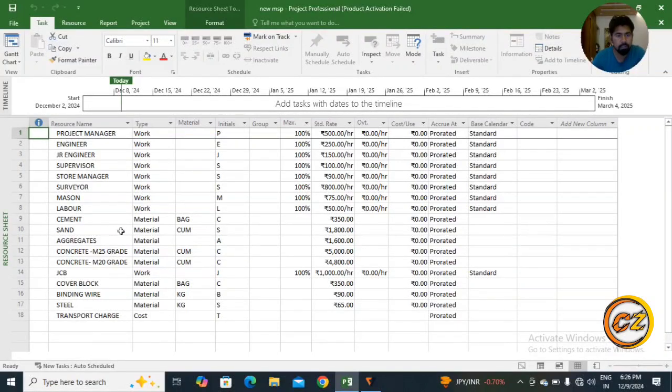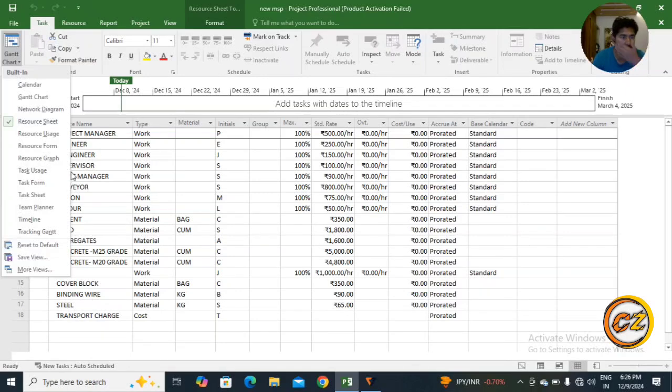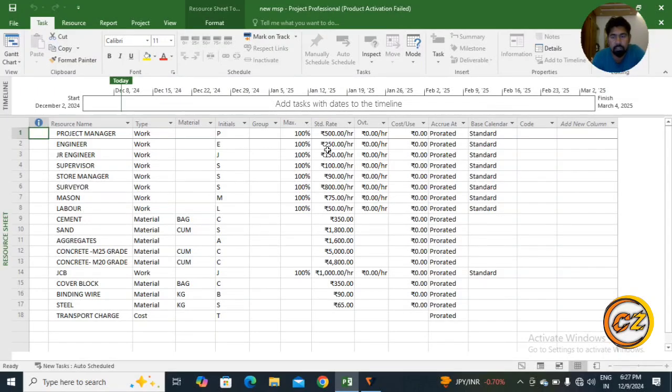Hello friends, in the previous video we discussed a lot about how to do some basic settings in MSP, how to make the schedule of a project, as well as how to make the resource sheet. You can see on this screen, here is showing the resource sheet. Already we have discussed it in the previous video. There are lots of things according to the requirement of my project, so this is only for example, and today we will discuss how to set baseline,